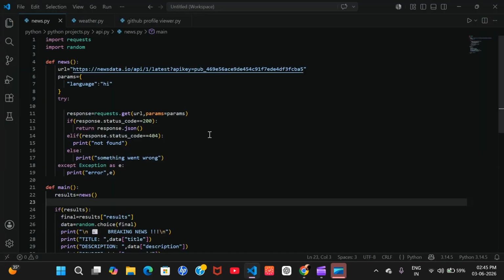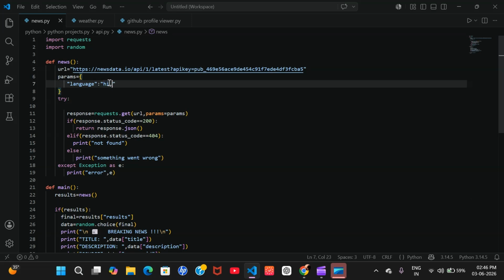You can see on the screen I have pasted the URL, and I made a section of parameters, which is the language restriction. If I don't write this, then I will get random languages, any of the languages. But I want the language to be Hindi, or it can be English.